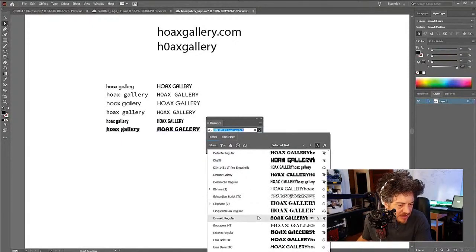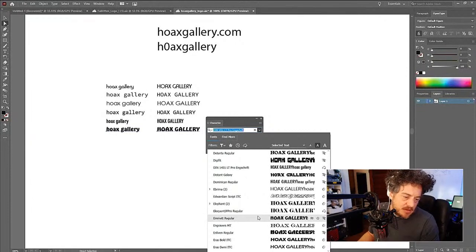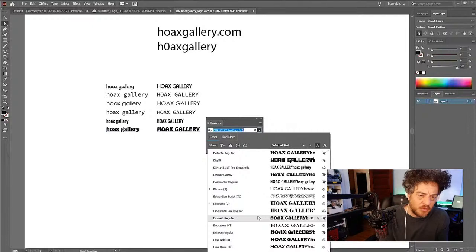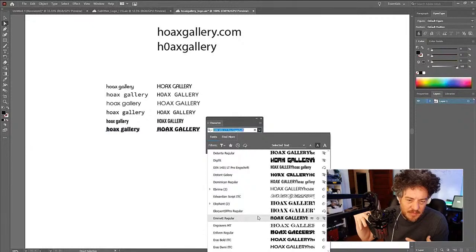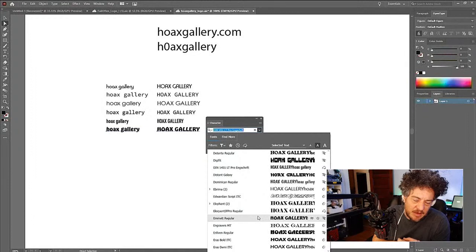I'm not liking any of them. Okay, I should probably explain really quickly why I'm avoiding the serif fonts. I'm looking at going very modern, and because everything is online and because it's a hoax, I'm wanting to kind of play off of that being something that's